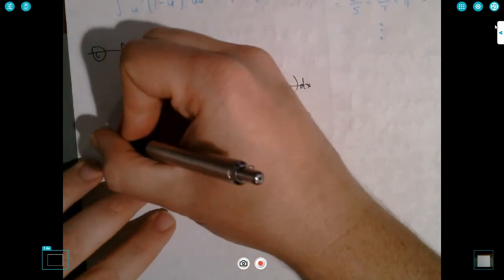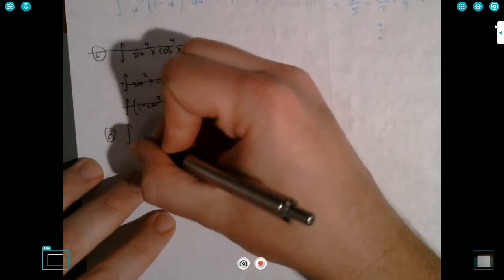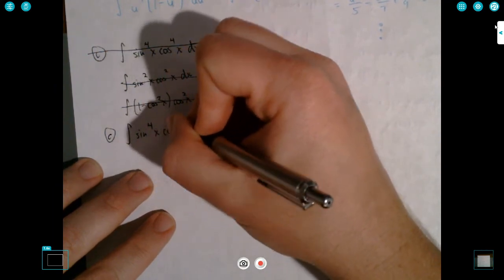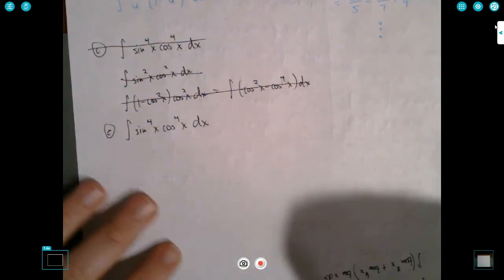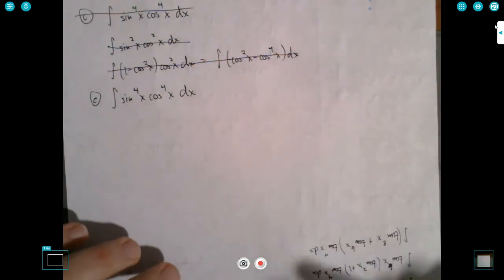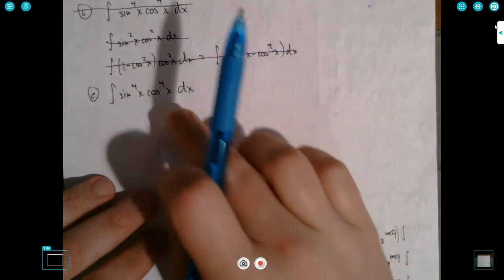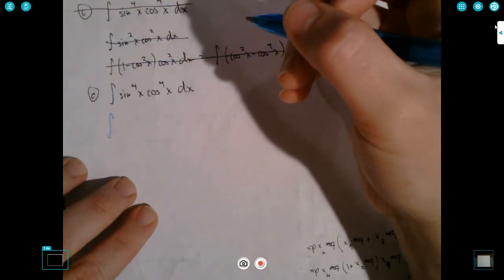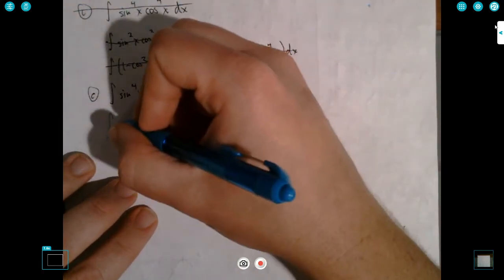So you don't want to do a Pythagorean identity, you want to do a power reducing identity. So let's go back to the problem. So we're going to do a power reducing identity. So the power reducing identity, again, we're thinking of sine to the fourth as sine squared squared, and cosine to the fourth as cosine squared squared. And so sine squared squared is